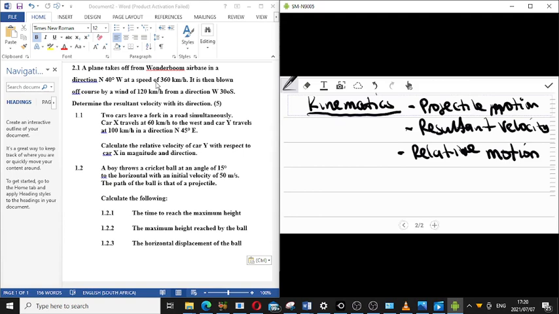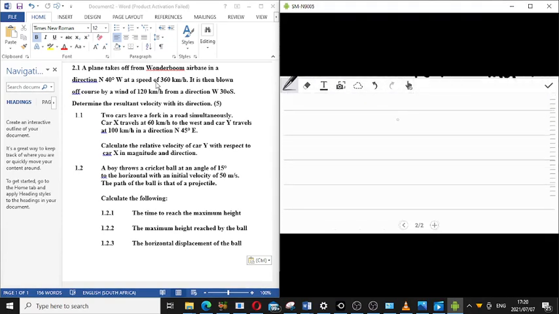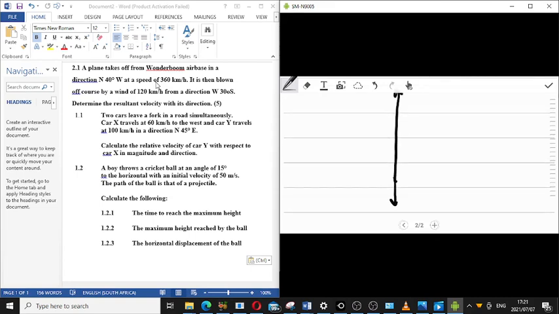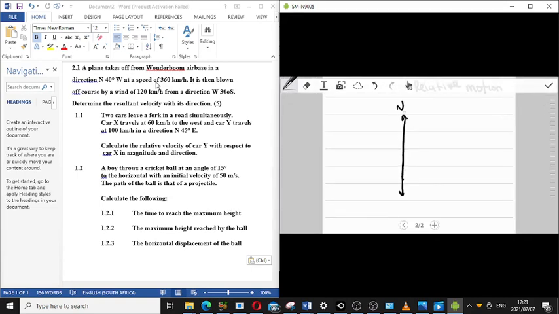we are going first of all to draw the canvas. This is the canvas which shows the direction. There's north, which shows that this is the south, and then we have the west and east. That's the canvas that we are given here. So considering this canvas, now let us check the question.